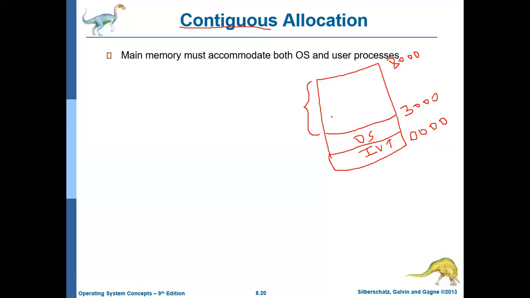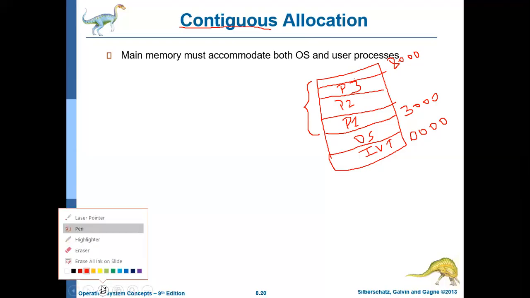If the first user process occupies this location, then the next user process will occupy the next location, and the next one after that. Generally, memory is allocated to processes in a contiguous way, and so on. This is the overall concept of contiguous memory allocation.